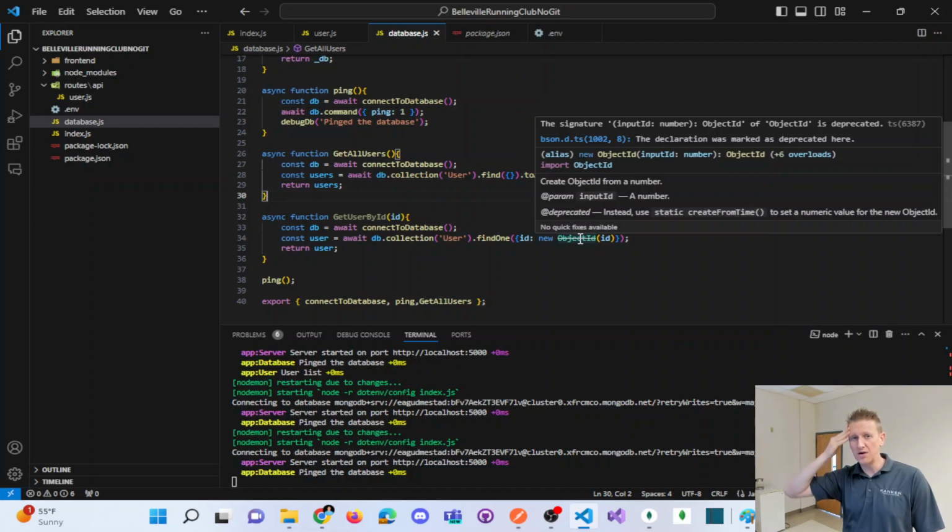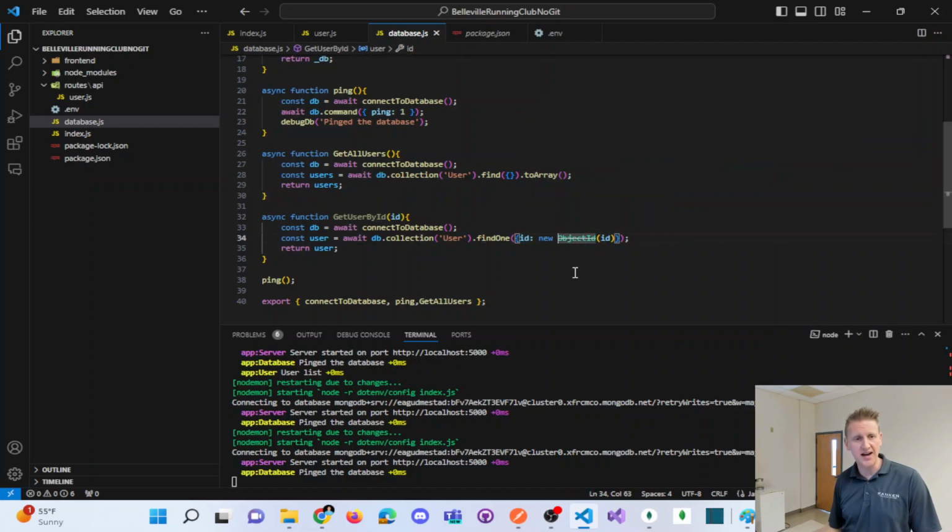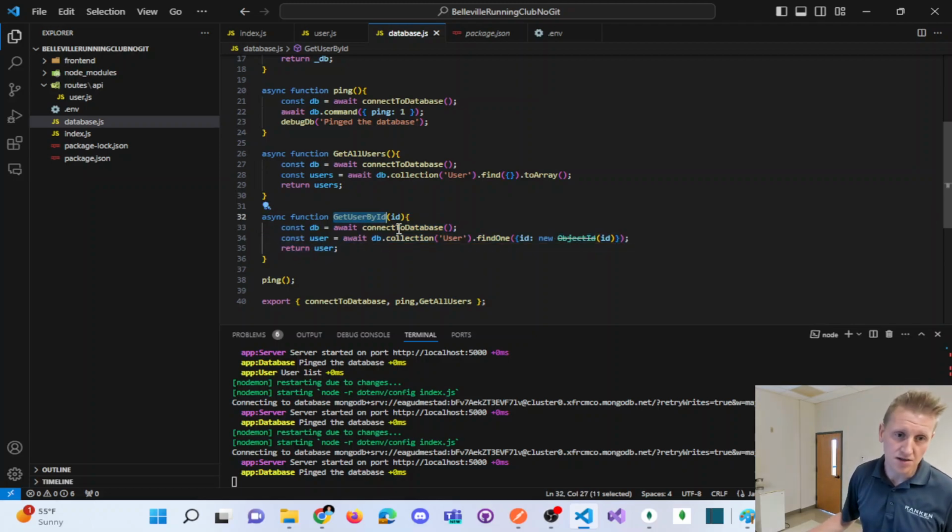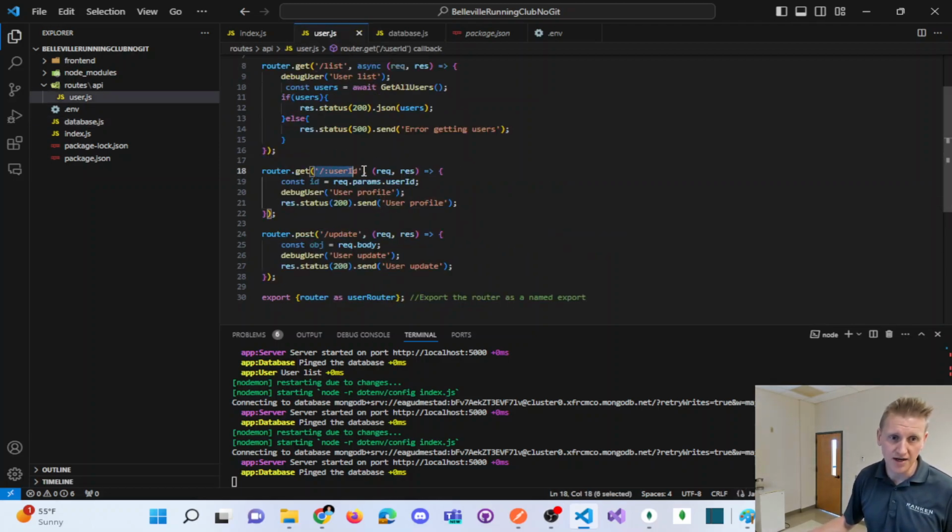And so I have seen that before, although it does work, there might be a newer syntax. Nonetheless, we can send a string ID in to the get user by ID, and let's go over to our user. We hit our user ID route. We read the ID from the params,